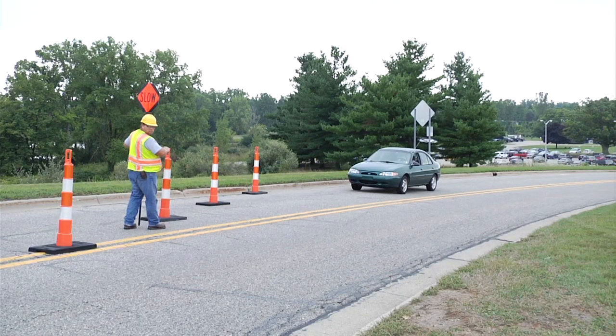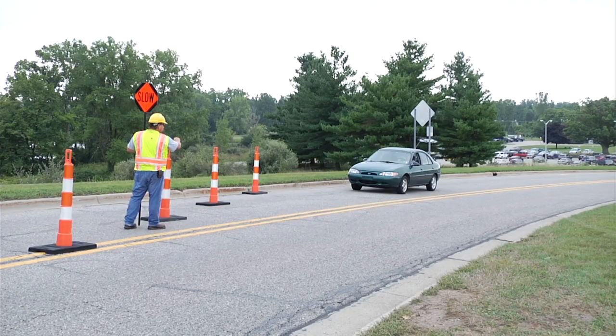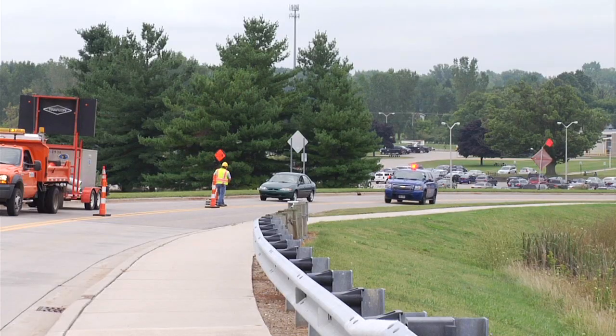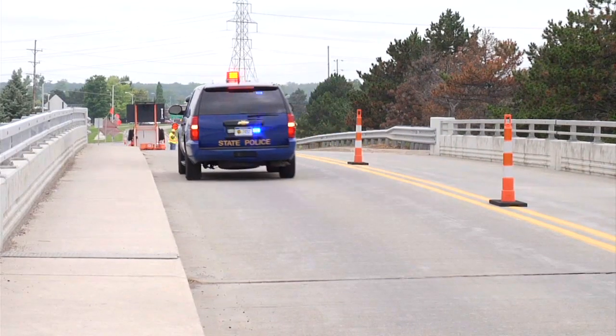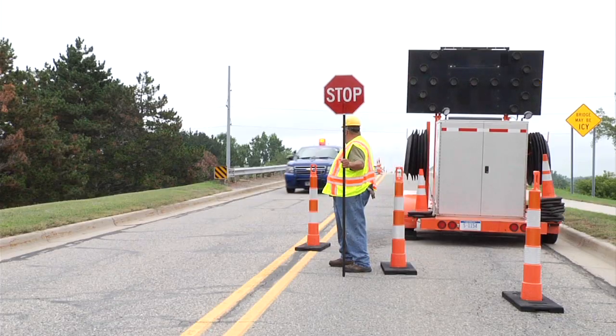Coordinate the stoppage of all other traffic entering the work zone until you have established the needs of the emergency vehicle. Remain calm and confidently control the current traffic at your station. Give clear signals to the emergency vehicle to move through the work zone as soon as it is safe to do so. Remember, always be prepared for more than one emergency vehicle. Once these vehicles have moved completely through the work zone,